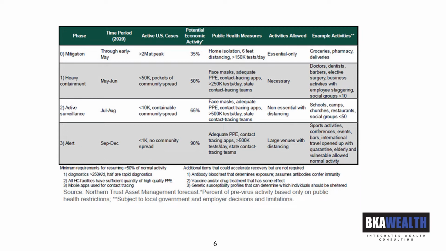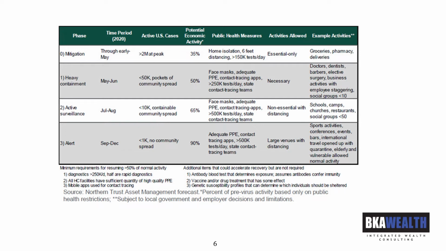You can see the impairments to economic activity in that middle column, the public health measures that are being deployed, if you will, and then activities allowed, and then examples therein. So obviously we're in mitigation. I think it's fair to say that during the latter half of May and into June, we're going to move into that next phase, the heavy containment, and then in July and August we're beginning to see a decrease in active U.S. cases, even though we've got community spread. We'll see more activities,